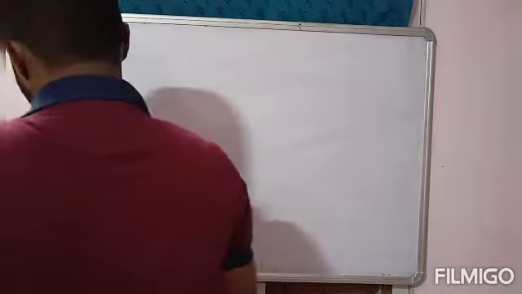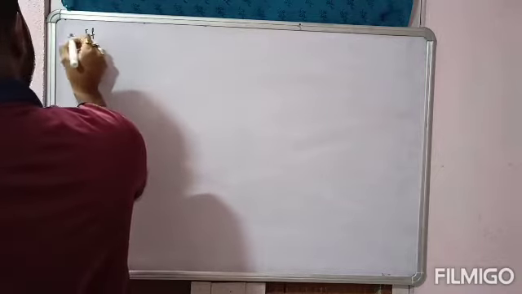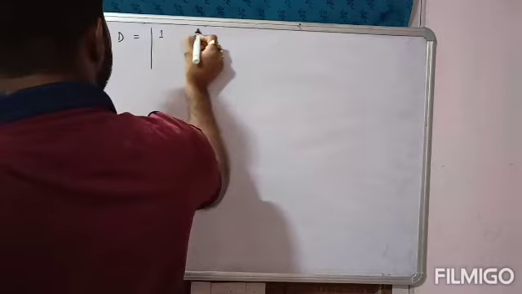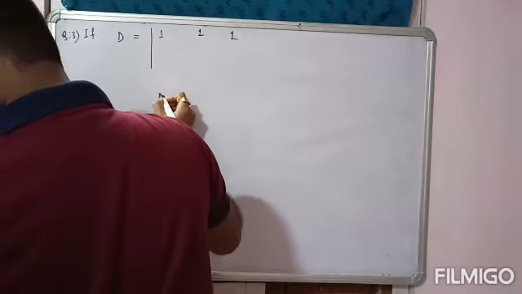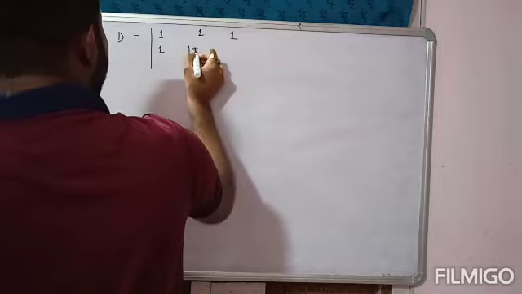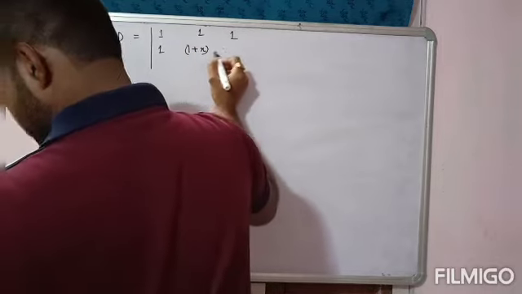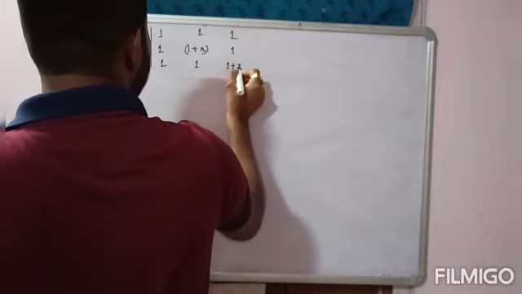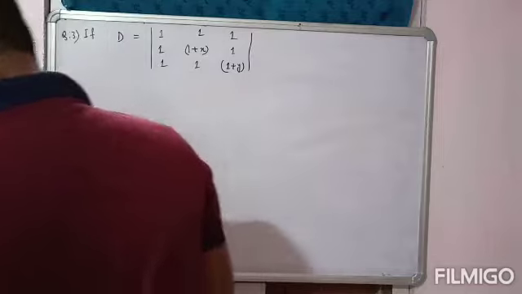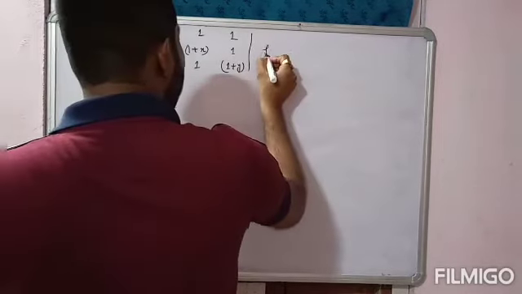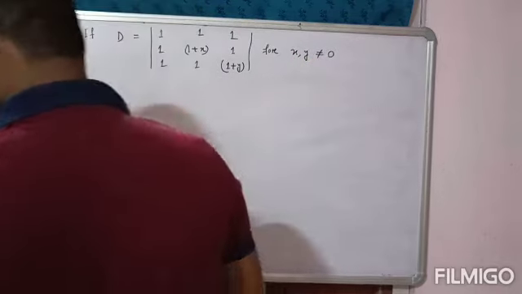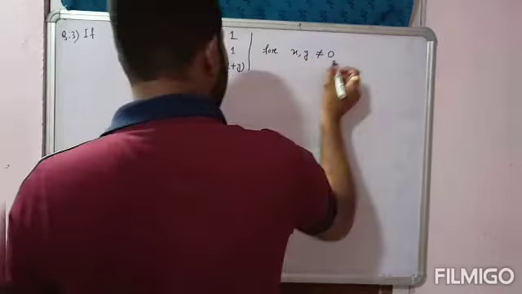Question number 3 is, if D (D for determinant) is equal to the determinant with rows 1, 1, 1; 1, 1 plus x, 1; 1, 1, 1 plus y, for x, y not equal to 0, then